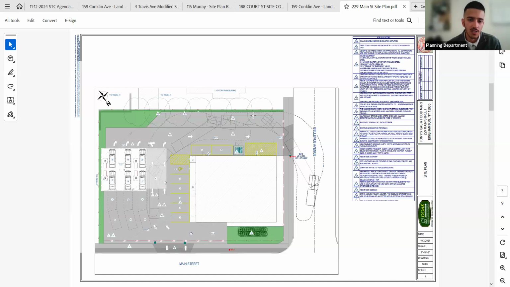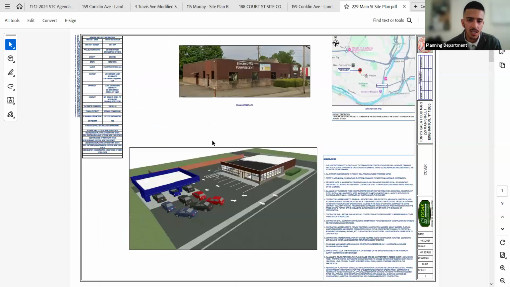But other than those trees and a couple shrubs in the front, there is not really much other landscaping that can be seen from the existing site or what they're proposing.